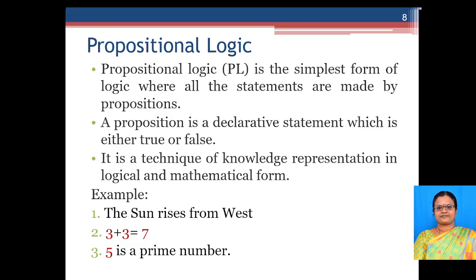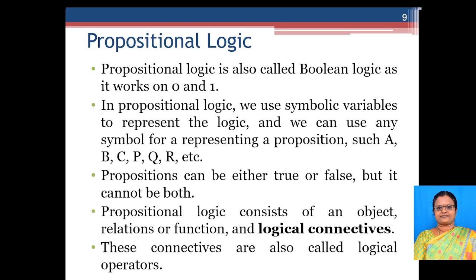Definitely it is a wrong statement and it is false. And 3 plus 3 is 7. Definitely it is wrong. And 5 is a prime number. Yes, it is true. So propositional logic is also called Boolean logic, as it works on zeros and